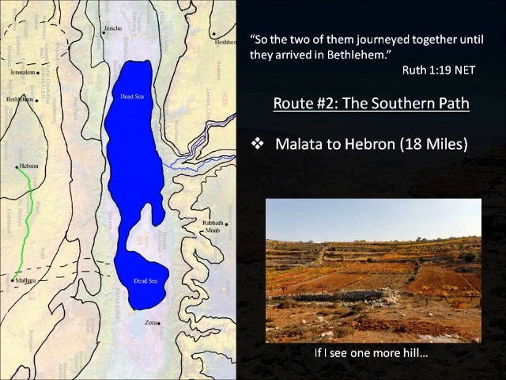Now, from Malta, you're going to travel north, and you're going to go about 18 miles to the city of Hebron. And again, this is going to be a pretty good climb, but at least it's a more gradual climb. But again, it's uphill pretty much from Malta all the way till Bethlehem.